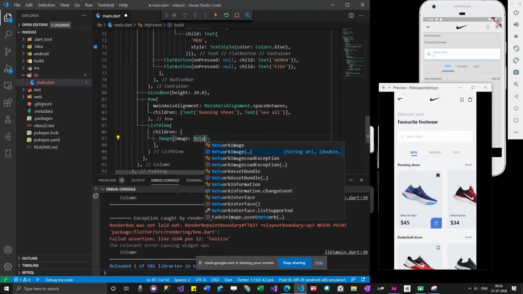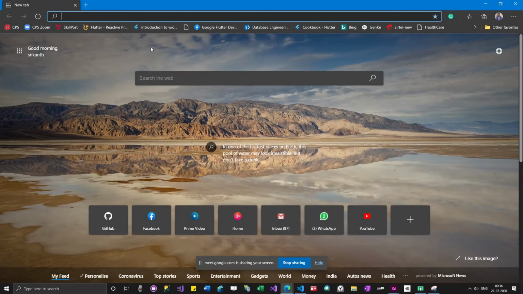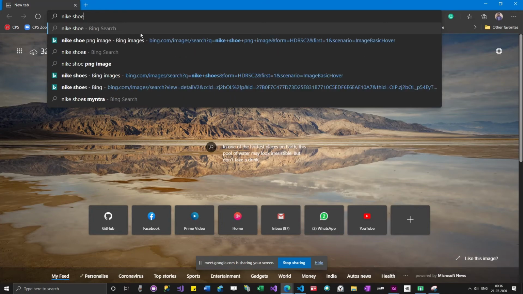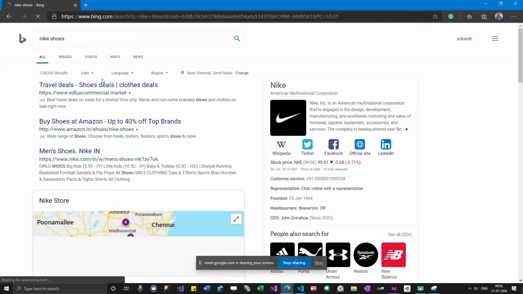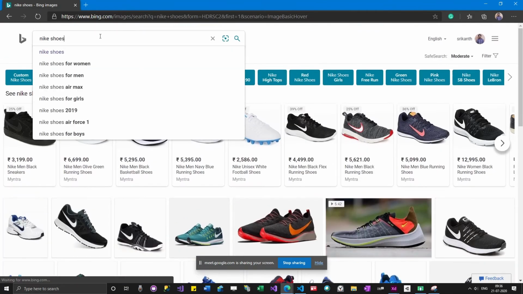Network image. So in order to show some shoes in the list view, I'll be going to Google, Nike shoes. Okay, so I got a number of shoes here, but the catch here is I need a PNG image with transparent background.